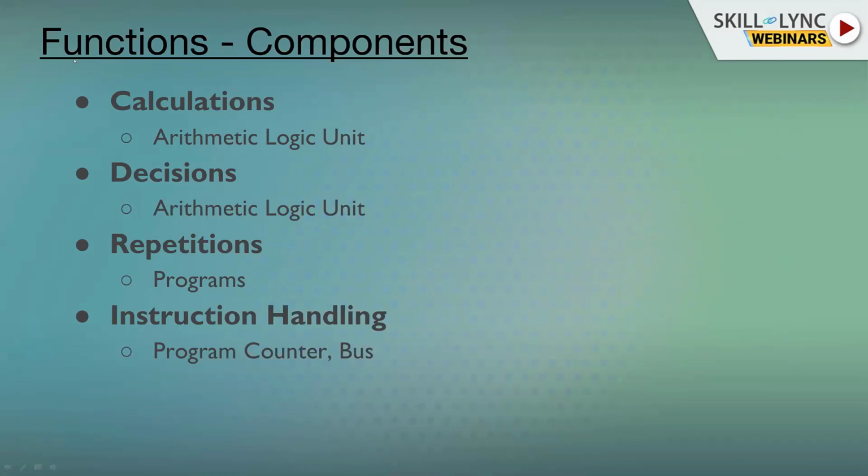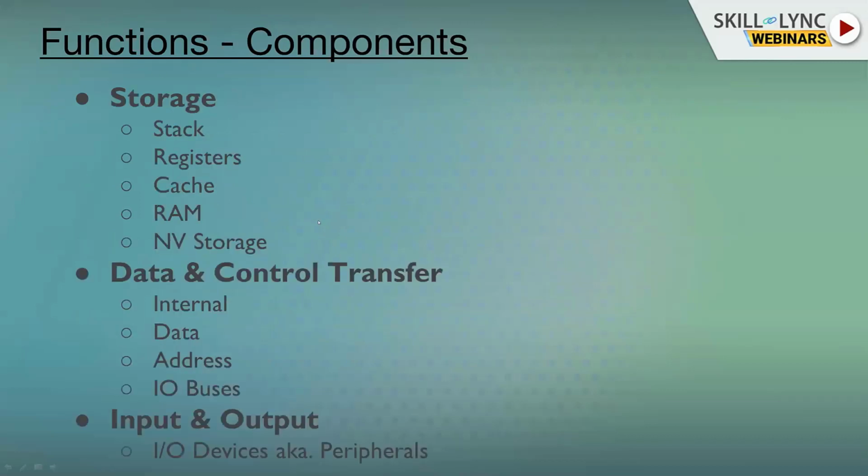So for each function that is performed by humans, there is now a specific module inside the digital computer that performs that activity, and there are support modules also for achieving the end goal. In your computer architecture organization textbook, you study these topics. Sometimes in a digital logic design book you also study topics like the arithmetic logic unit, but in your computer architecture organization book, you specifically study these different functions and the related components.